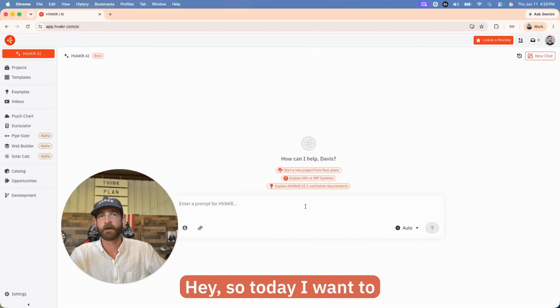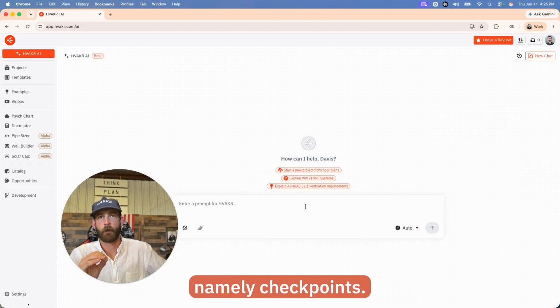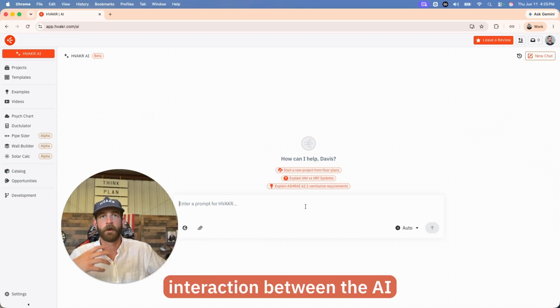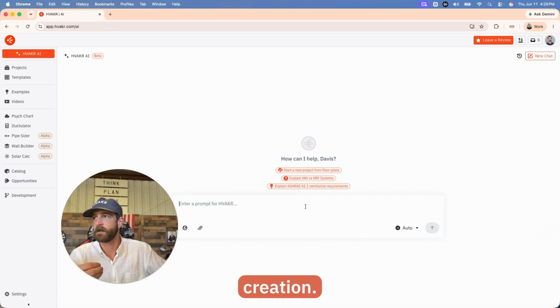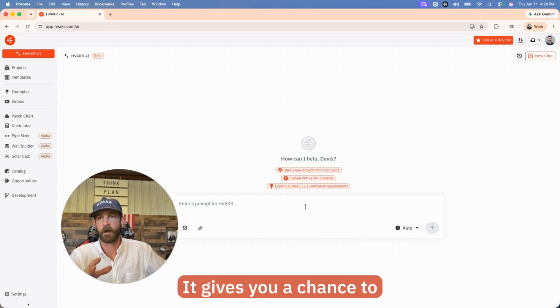Hey, so today I want to talk about some improvements made to HVAKR AI, namely checkpoints. And it's a checklist where it will pause. There will be an interaction between the AI and the engineer at certain milestones in project setup and creation. And this is great. It gives you a chance to make sure things are set up properly before moving into